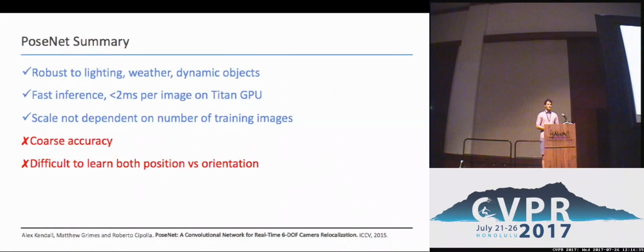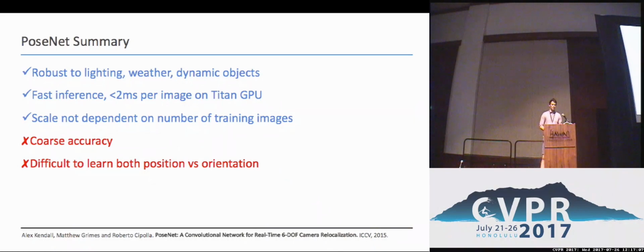So to summarize, the original PoseNet model is fairly robust to different aspects because it can learn features which are richer than what we might get from point features. It has very fast inference and a very small memory size because it's able to learn a compact representation of the map with a deep learning model. But I'm going to discuss the accuracy soon. Unfortunately, the accuracy is, and I'm the first to admit this, not quite at what we get from these feature-based methods. And there's also a difficulty between learning both position and orientation in the same model, and this is